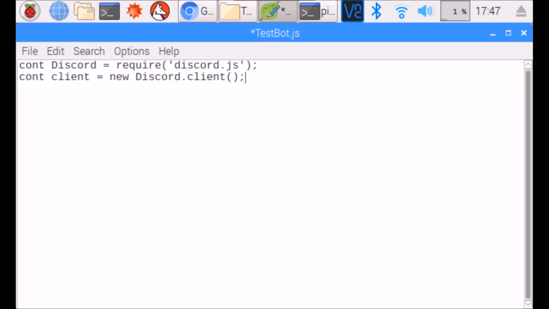So now we need to do client.on ready, comma, parentheses, equals, greater than sign. And then we do that, and that. And so basically what we're going to do now is,